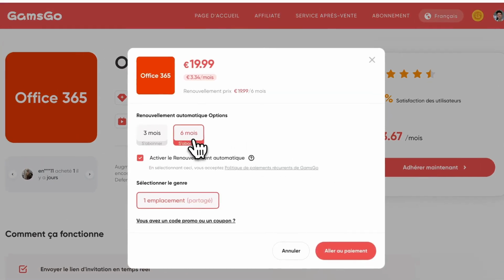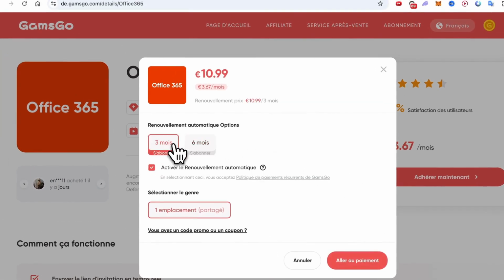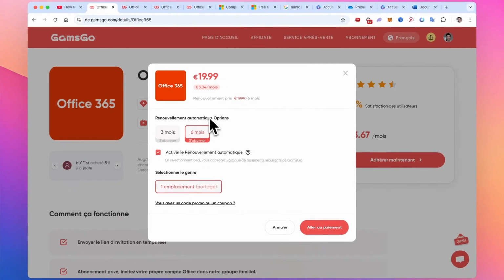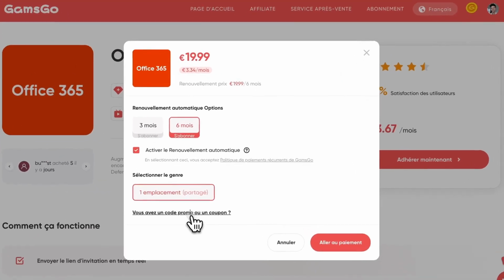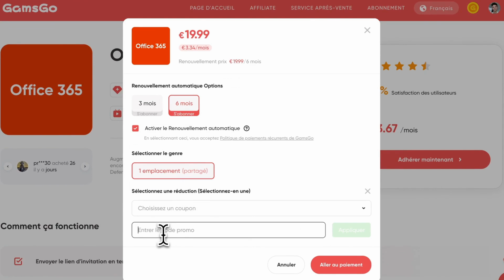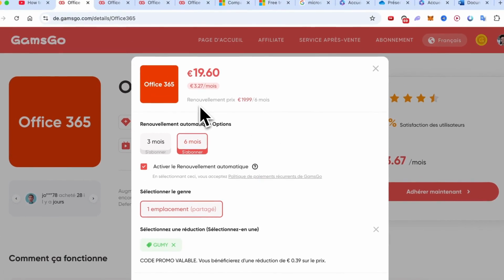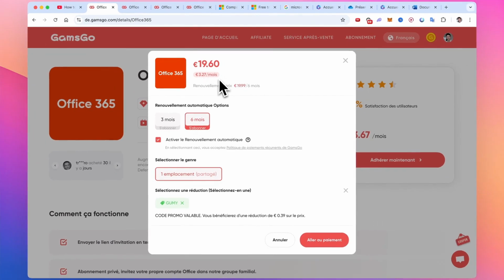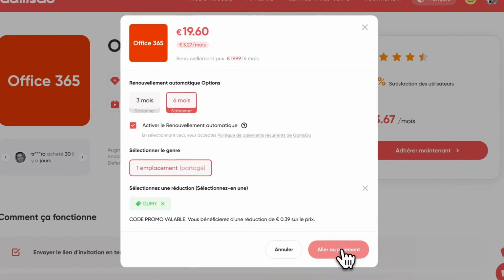You can choose the subscription period ranging from 3 months to 6 months. If you choose, for instance, 6 months, you will get an additional discount on the price, and you can even add, if you wish, a promo code like this to get an extra discount. You see that it goes down to $3.27 per month, and then you just need to click on Proceed to